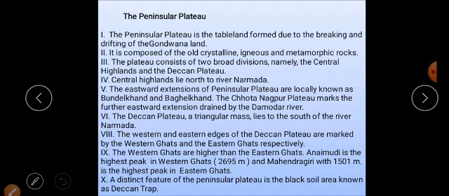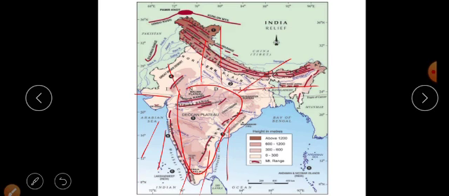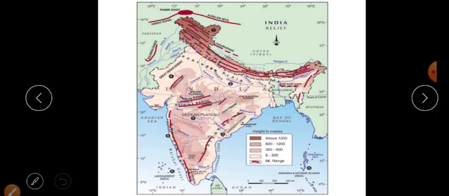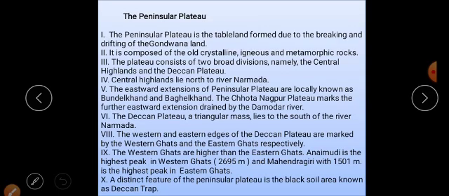The peninsular plateau, again look at the map. What does that mean? Three parts, the western, northern and eastern, are covered by land, and the southern part is open to water bodies. So that is known as a peninsula, and it is a highland, looking like a tableland, so it is known as a plateau. It has igneous and metamorphic rocks.